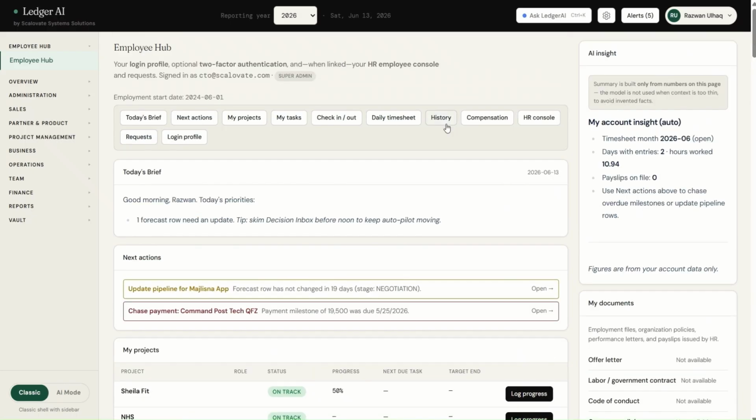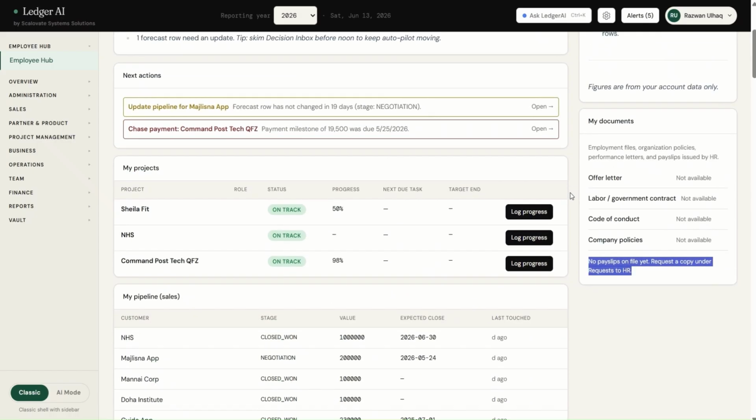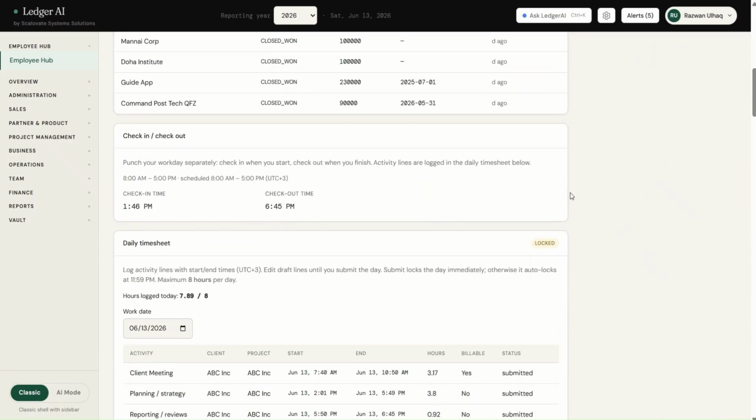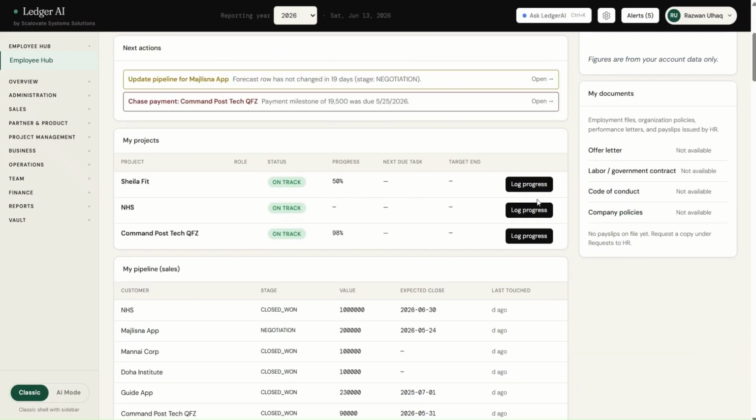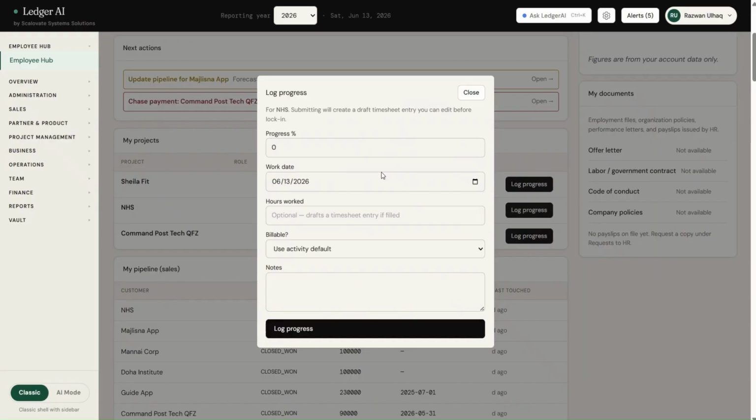So that's about your employee hub, which is very, very carefully designed. And again, the whole point of this is not to have any fluff, rather have the very important things listed out. And here also, if I say I'm on this project as a technical guy, I would just say, hey, log progress. So I'm going to say, you know what, in the NHS the project I've been working on is about 40% complete, work date is this, dates have to be filled in the timesheet, and available activity, and you can say deployed AI